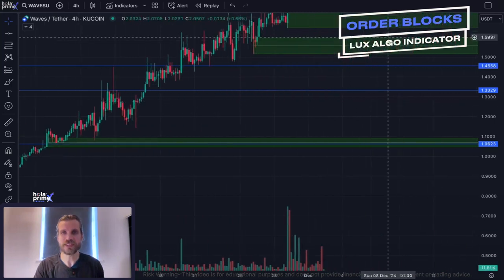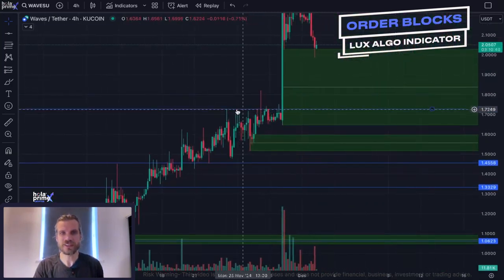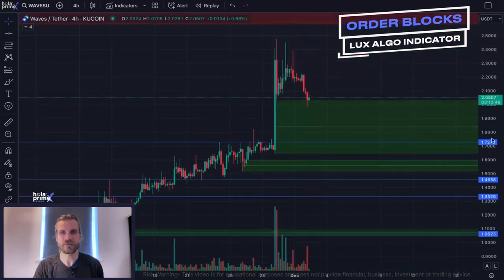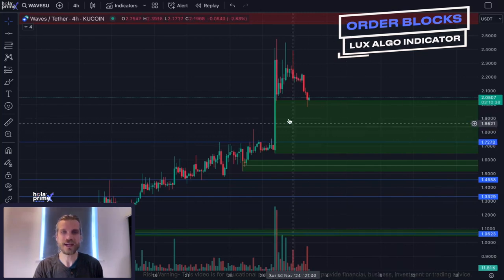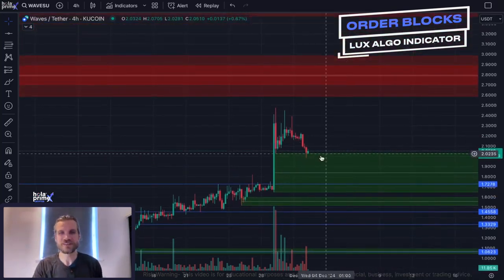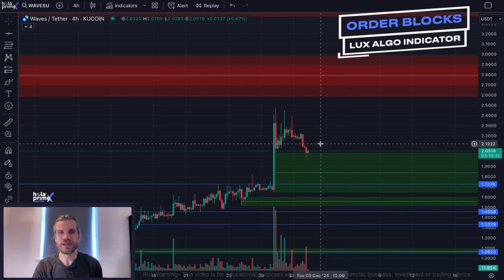And then the same process happens here. This is a key resistance level for the price action. And the second it breaks through, everyone is like, right, I want to get on this. So orders begin to form in this area, which is why the order block is currently acting as support to the price action. Now, if the price action does bounce off here, as it probably will, and it comes up